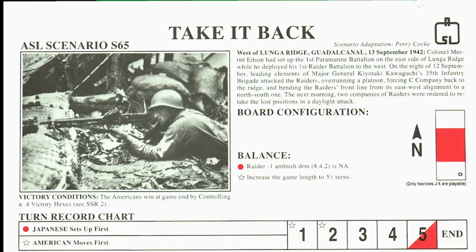So the Japanese have 4 action turns this game, whilst the Americans have 5. So if the Americans control no objectives at turn 4, they have 1 more turn to control them, and if they do, that's it. The Japanese do not get the counterattack. So it's very important to understand whether or not that half turn at the end of the turn record chart is there,